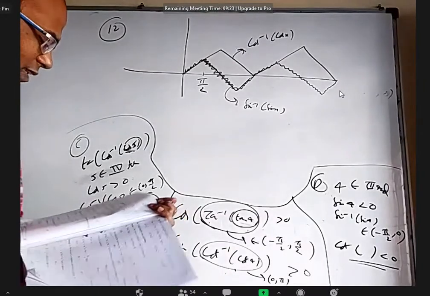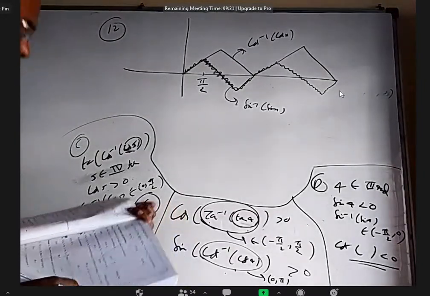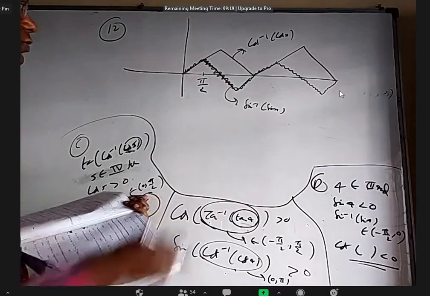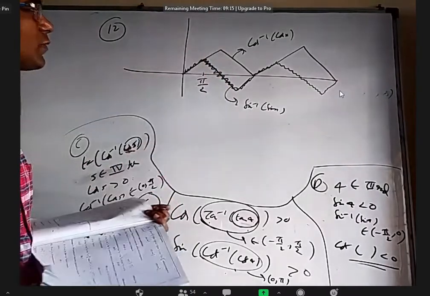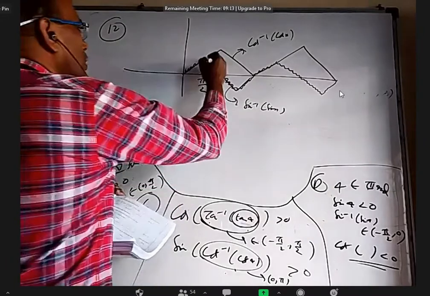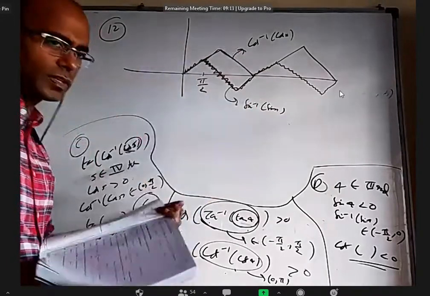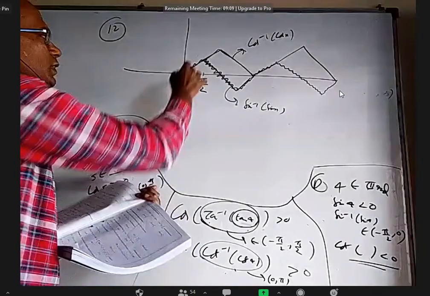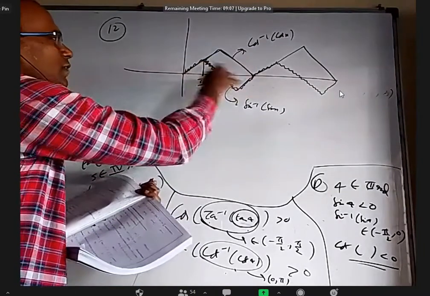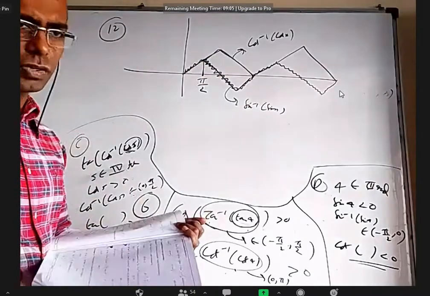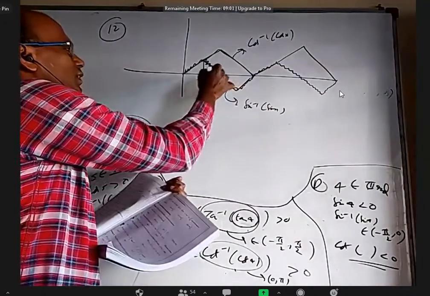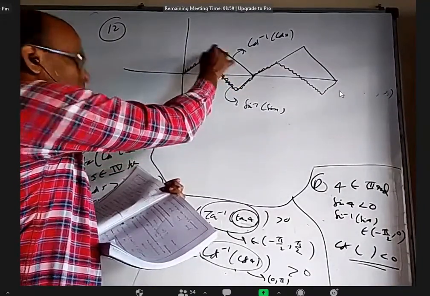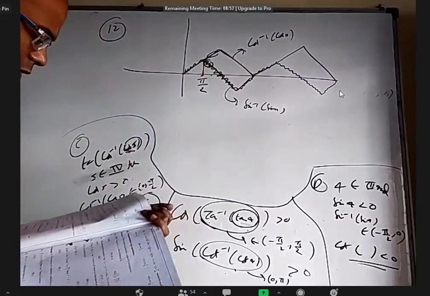Option B, f of x is less than g of x. What is f of x? Sin inverse sin x. So the curved graph should be below the straight graph. So all this is okay, or any subset of that is also okay. Between pi by 2 to 2 pi, everywhere sin inverse sin x is less than cos inverse cos x. And pi by 2 to 3 pi by 4 is a small part of that. So option B is fine.